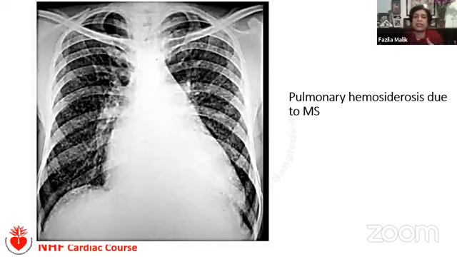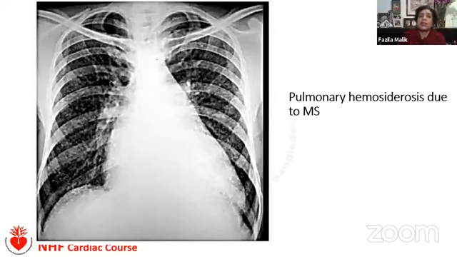Is there a double density? Is there splaying of the carina? Because this could indicate that this miliary mottling is due to mitral stenosis and is an indication of secondary hemosiderosis. And we need to remember that up till